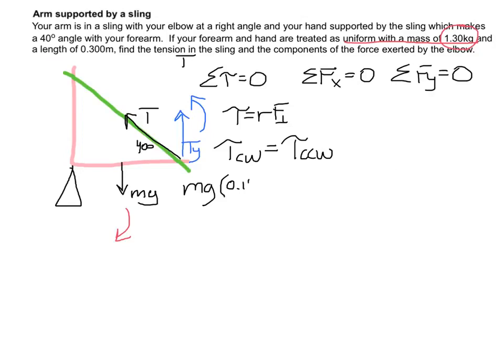Remember, it's half of the given 3 meters. And that has to balance the blue torque, which is Ty times 3. Recall that when you substitute, you get 0.15 mg is equal to T, now Ty is T sine of 40,